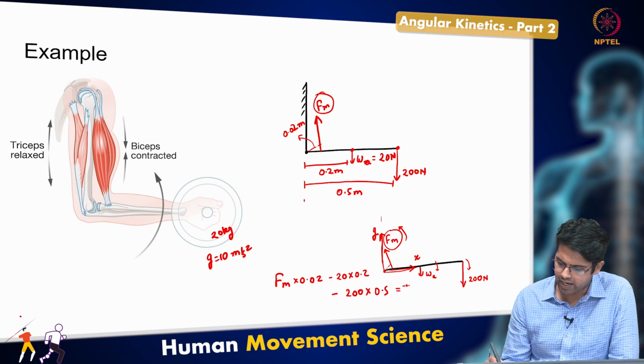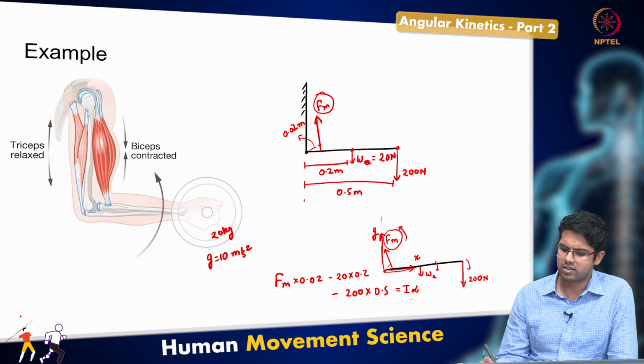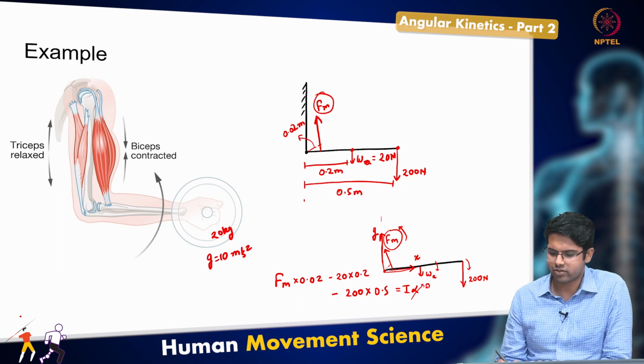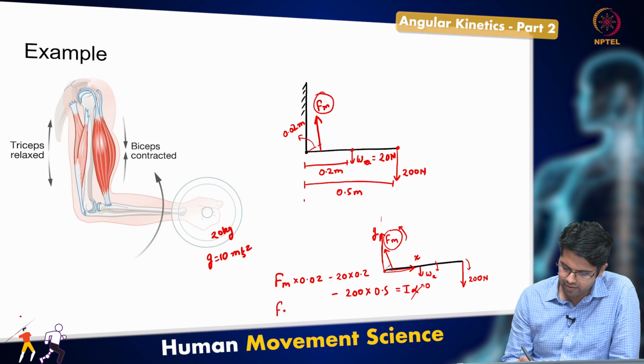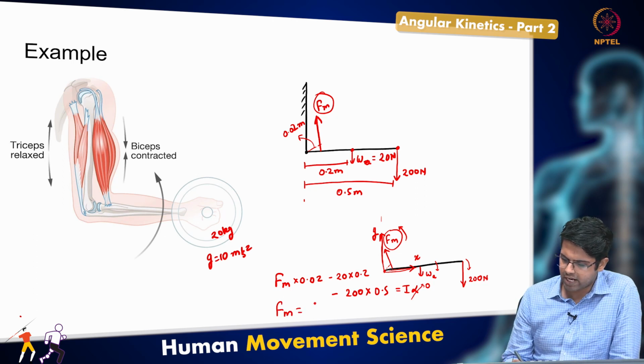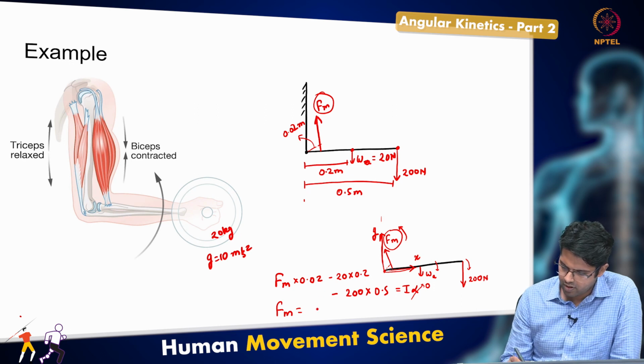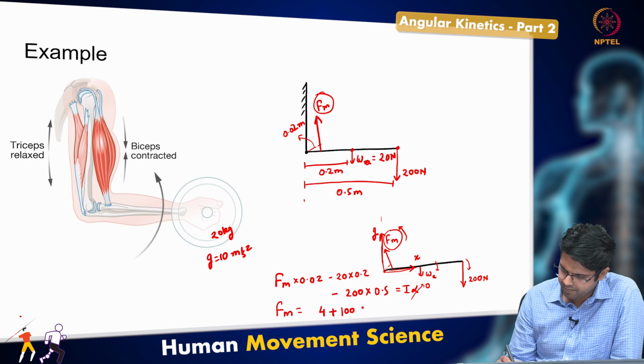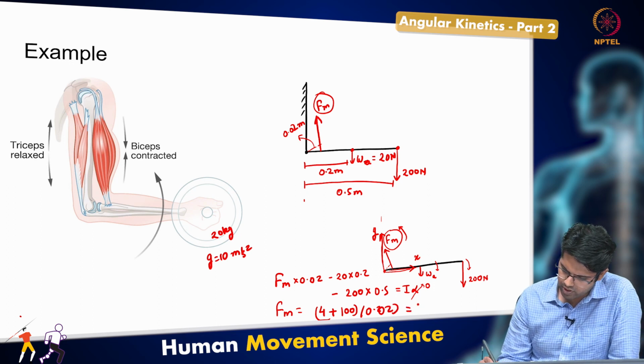This equals I alpha, and since it is isometric, alpha is 0, so I can say that Fm is, and you can do the math here, equal to 20 times 0.2, which equals 4, plus 100, divided by 0.02, which is equal to